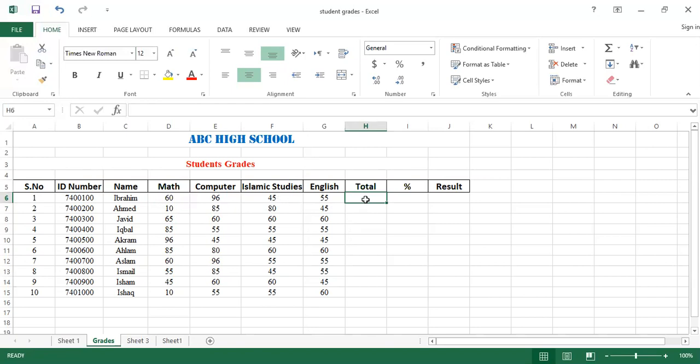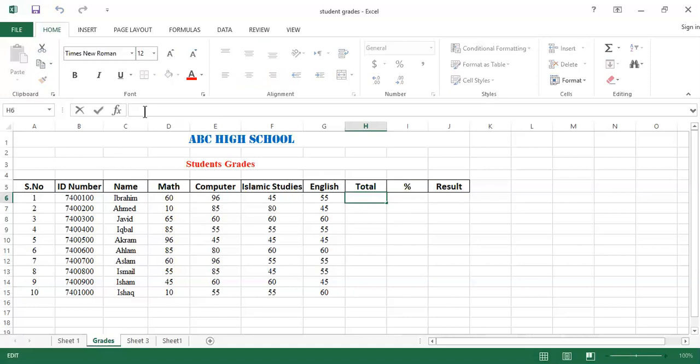So I want to calculate the total marks. First I will click on the particular cell address where I want to display the total marks of my student Ibrahim. I will select that cell, and I will move towards the formula bar or fx window.